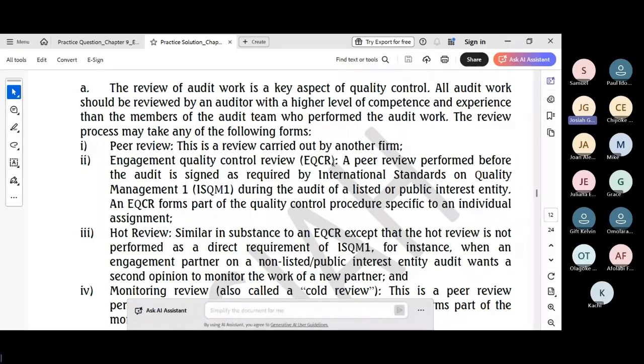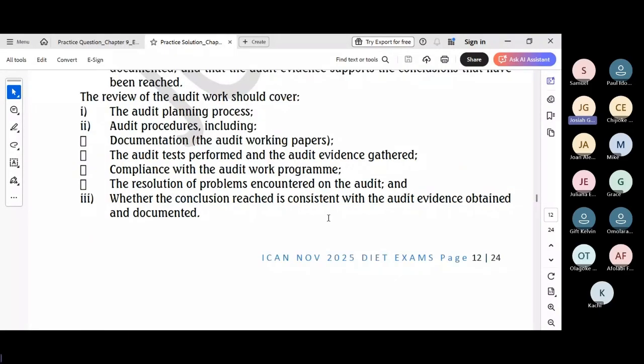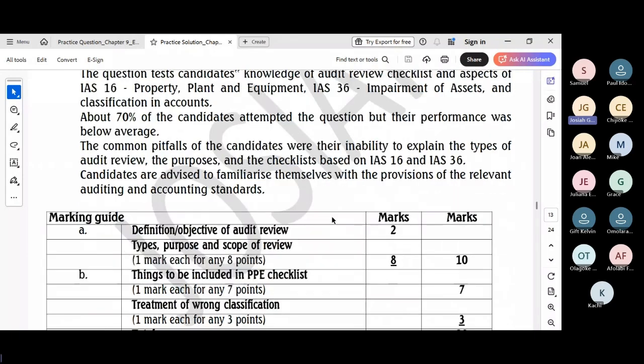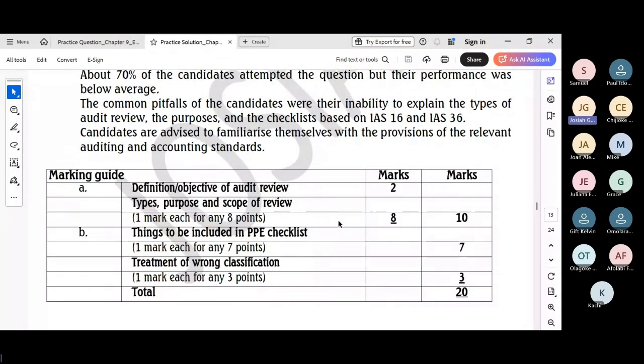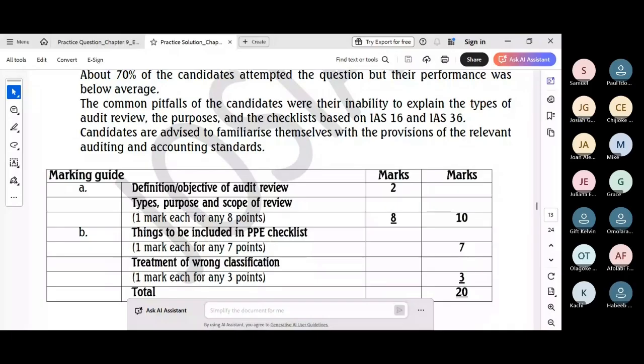So let's look at the marking key and let's speak to some of the answers and see. So the marking key now. Yes, please, Grace, go ahead. Your hand is up. Good evening, sir. Yeah, good evening. Nice to have you. It's like your phone finally allowed you to come in. The network is just saying. Sorry about that. Nice to have you.